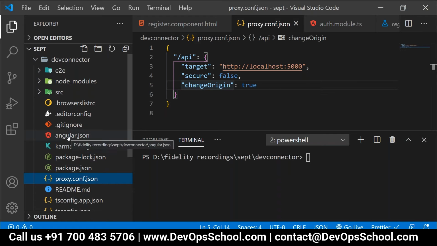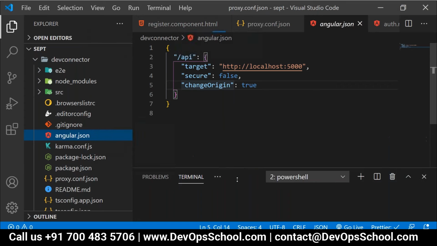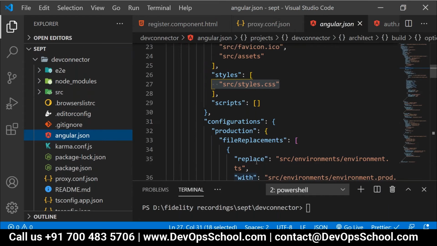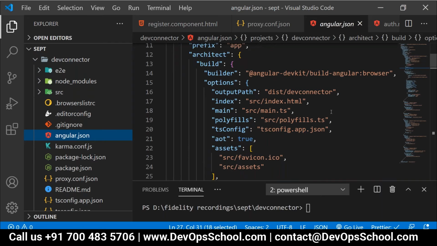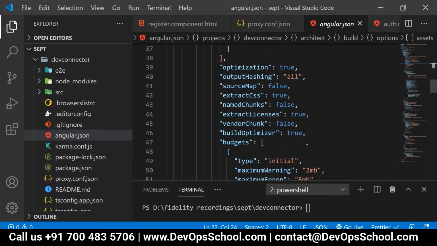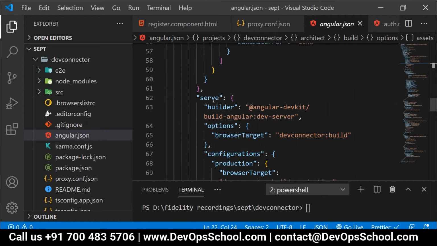Right? So people, for that purpose, everyone, please go to the angular.json. Everyone switch to the angular.json. And inside this angular.json, just scroll down and are you able to see the serve option?